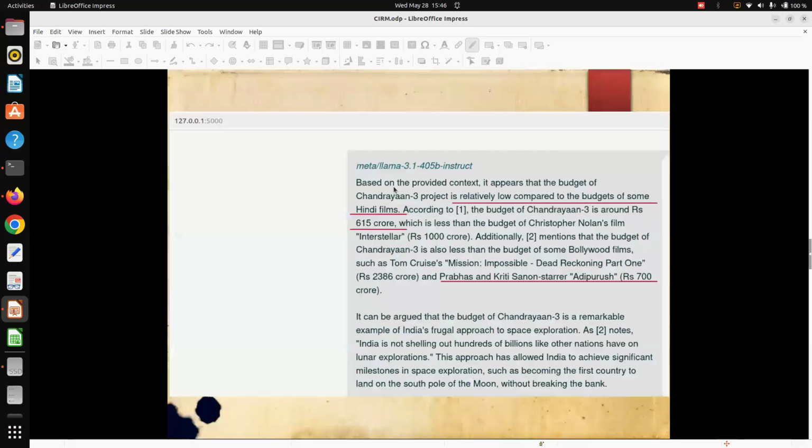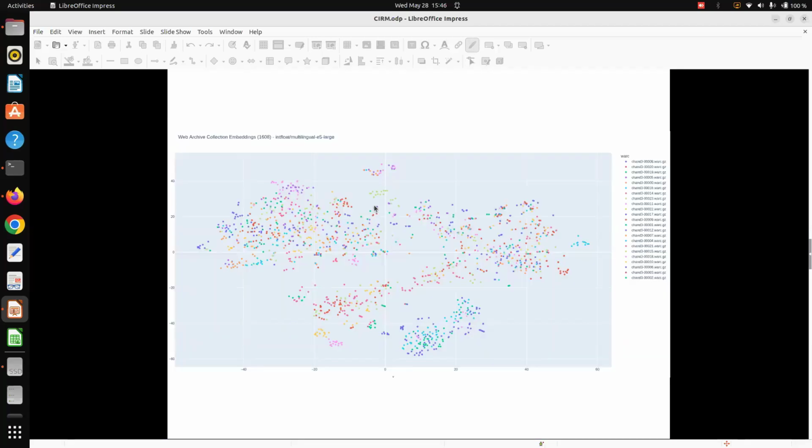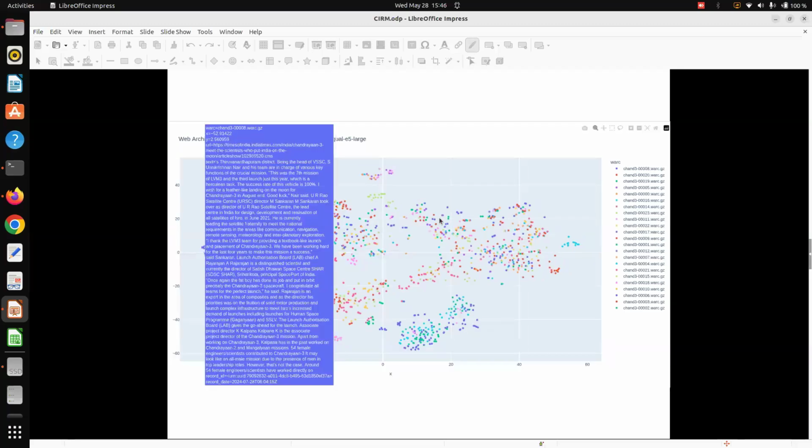Then when I put forward a particular question, this question will also be converted into a vector. Then this query vector will be processed, and it will identify which document vectors are closely related to the query vector, and then finally it will retrieve.